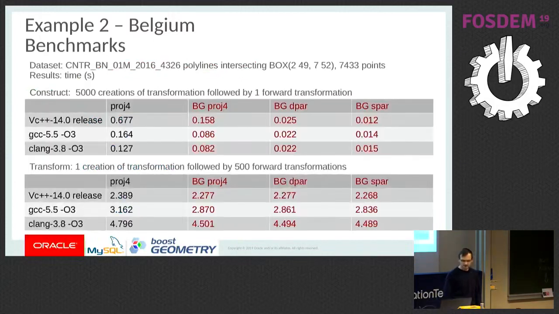And here are the benchmarks for the Belgium set. It contains 7,000 points roughly. So in the table above there are creation times, and in the table below there are transformation times. So 5,000 creations of a transformation object, and adequate Proj.4 projections, and below the transformation of the coordinates. And as you can see,